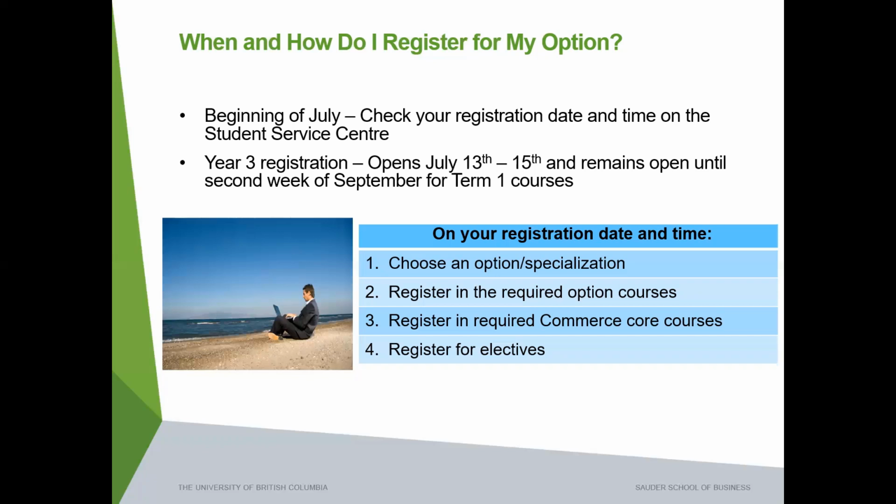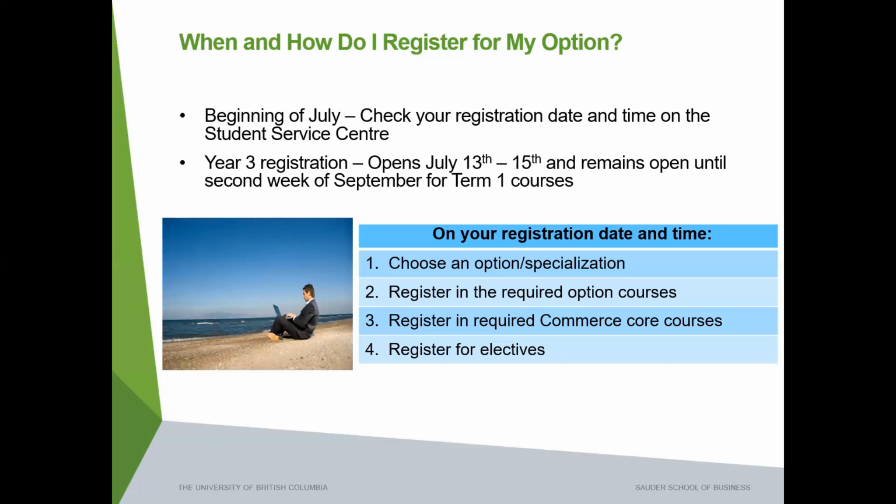So once you choose your specialization, then that will give you access to register in the required option courses. And we have restricted seats set aside in each of the option courses for students who choose that option. So you will automatically, by choosing the specialization, you will get access to those restricted seats in those option courses. And then the next thing you're going to want to do is, after you register for your option courses, is register in your required commerce core courses, and finally register in your elective credits to complete all your full registration